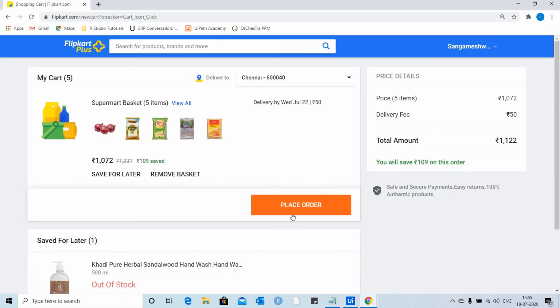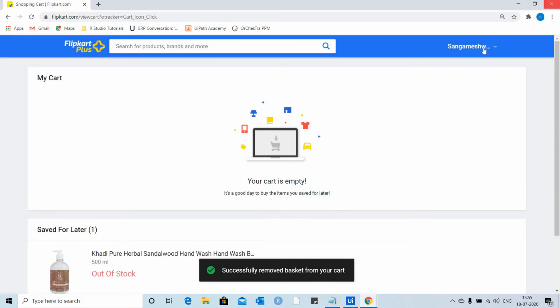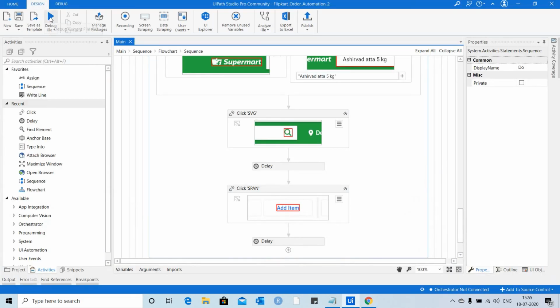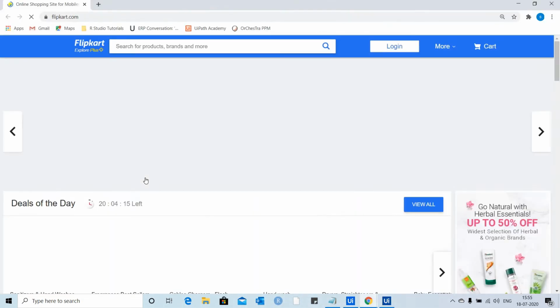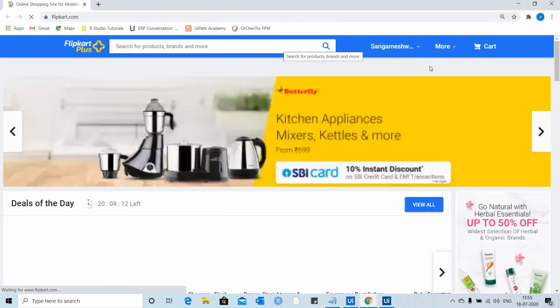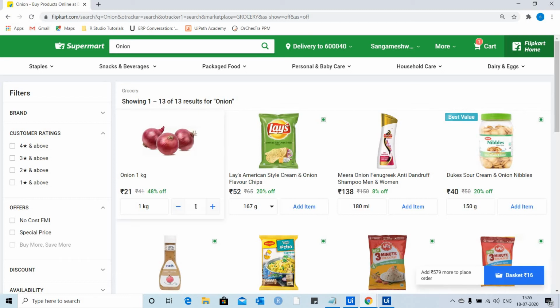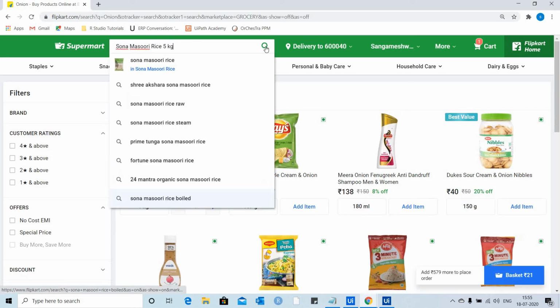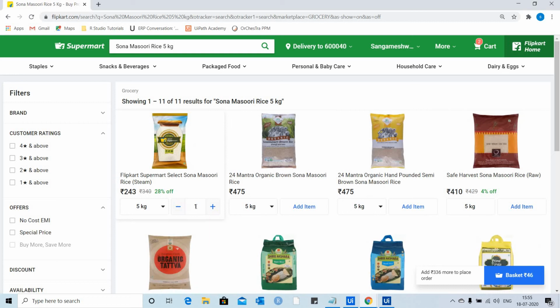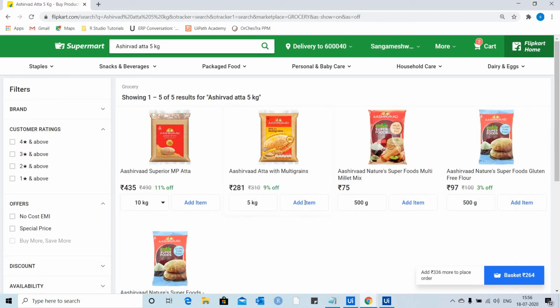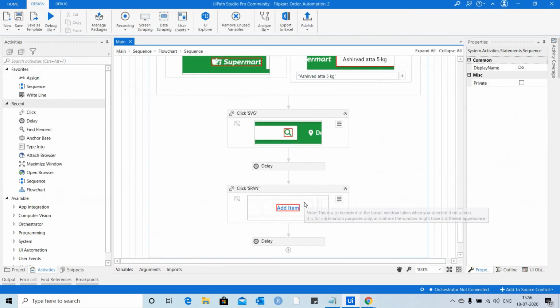So friends, let's debug the program again finally. So login, then grocery page, search onions, add onion, then search Sonam rice 5 kg, then add the same, then search Ashirwad atta 5 kg, then add the same.